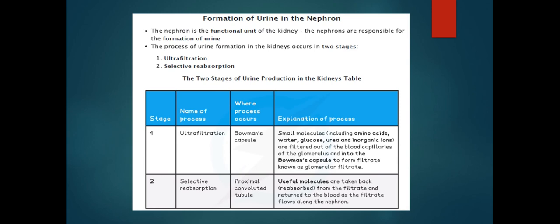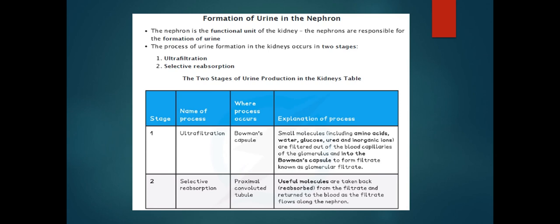So ultrafiltration and selective reabsorption are the two main steps that need to take place for the removal and for the formation of urine. So what happens? Where does ultrafiltration happen, and where does selective reabsorption happen? So the ultrafiltration happens in the Bowman's capsule, which I showed you guys earlier, and selective reabsorption occurs in the proximal convoluted tubule. In the Bowman's capsule, amino acids, glucose, water, urea, inorganic ions, all these substances